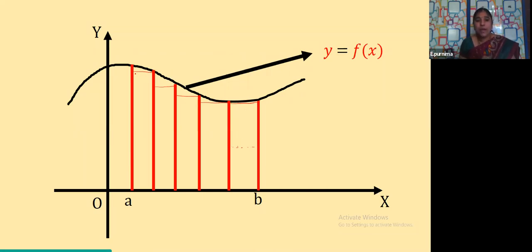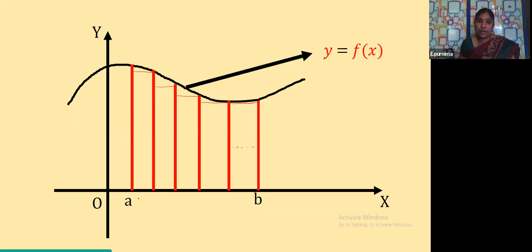Now here this part is a rectangle, yes or not? So what is the rectangle area here? Rectangle area is length into breadth. Is it clear? So now what is this length here? Because we have divided into some parts, this is part of this x here. So let us take here